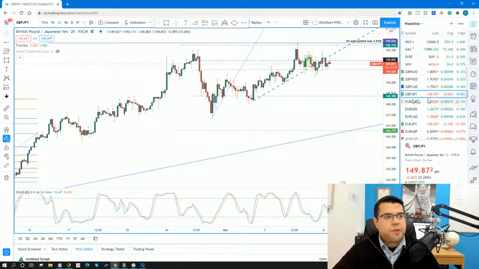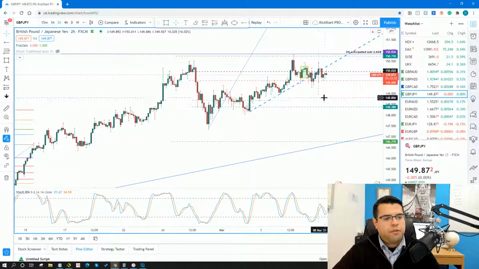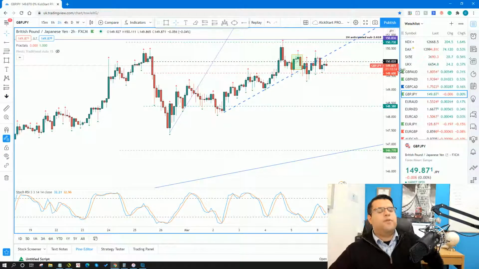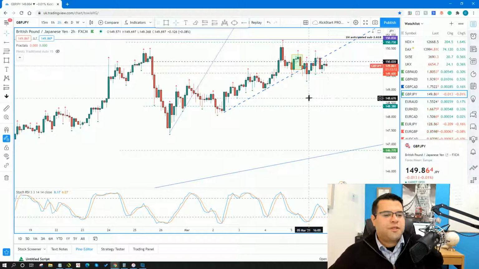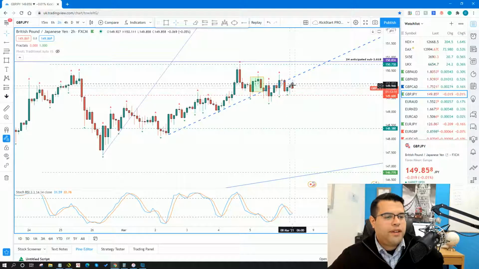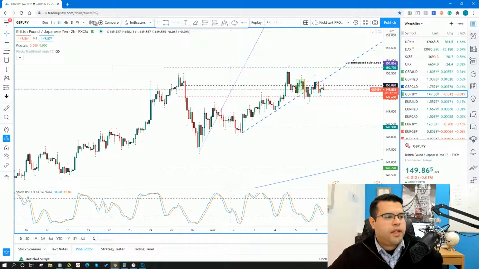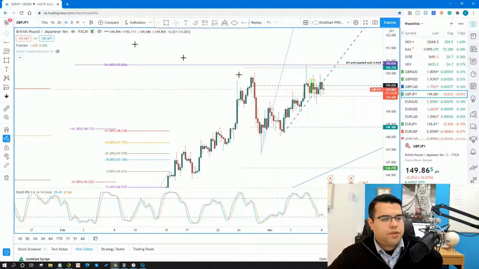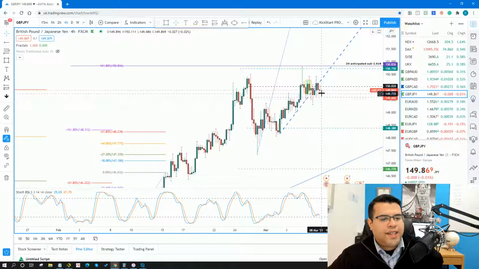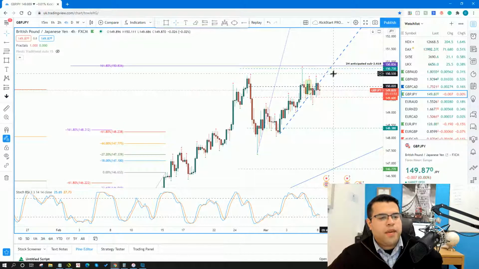The last one here is pound yen. Now, pound yen's a little bit of a pain this morning, only because for a moment there it looked like it was going to go the other way for me. I do have an anticipated 2.618 at 150.83, but the problem is I'm just not so sure that we've got enough in it here to make it through on this push, okay?